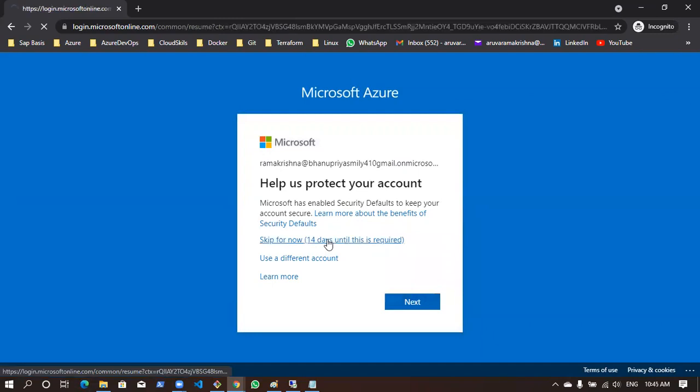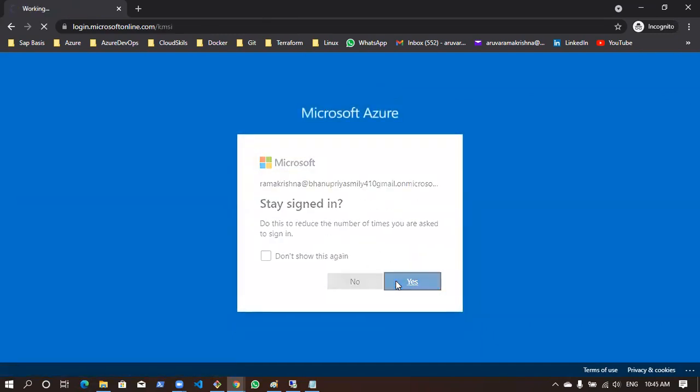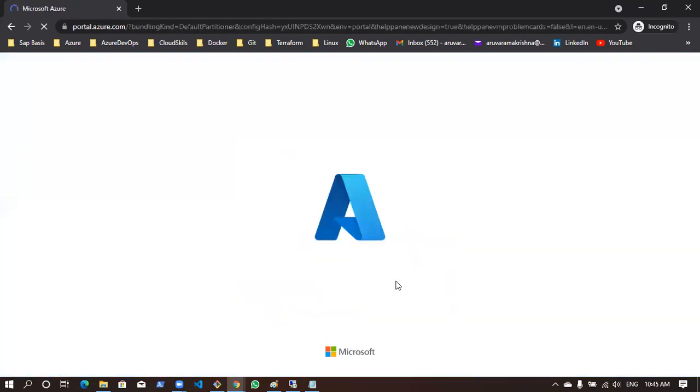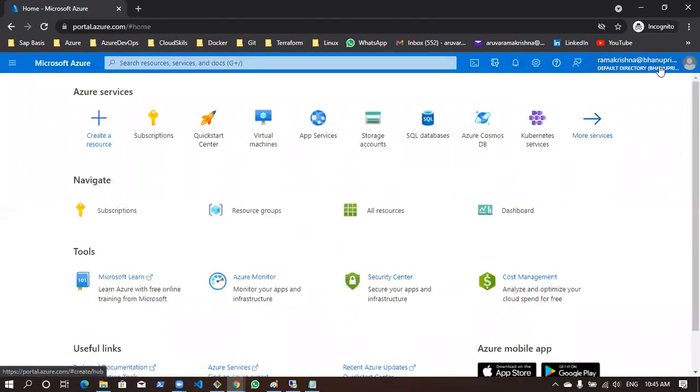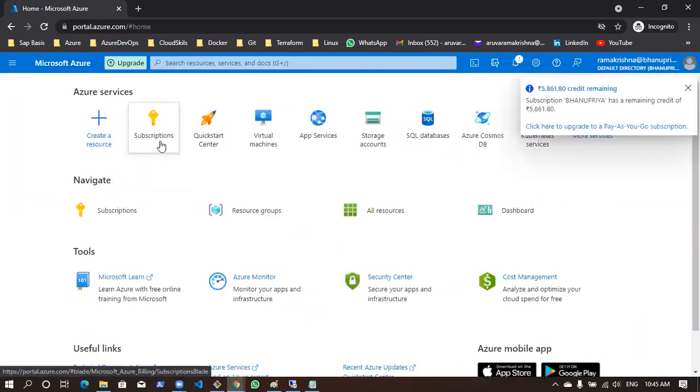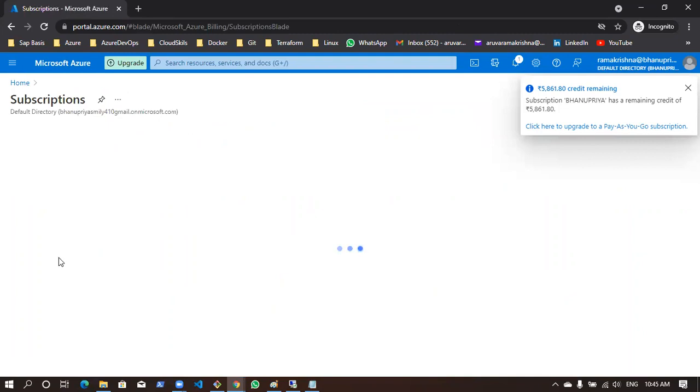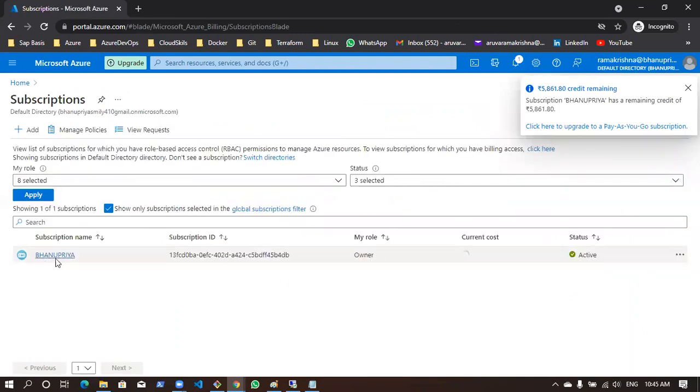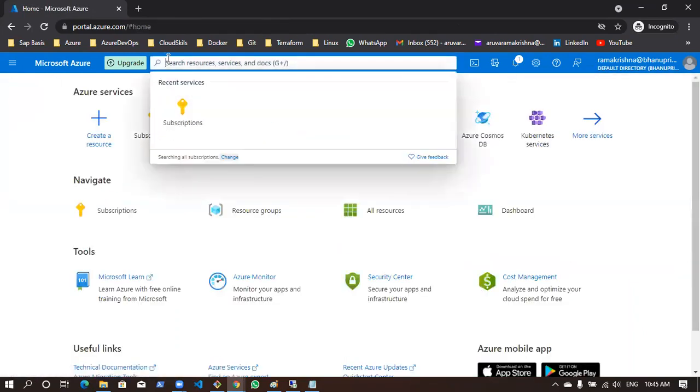Okay, let me skip it for now. I'll say yes. So same subscription, same tenant. If I go to the subscription, here you could see this user also has subscription access. Now if I go to the key vault,